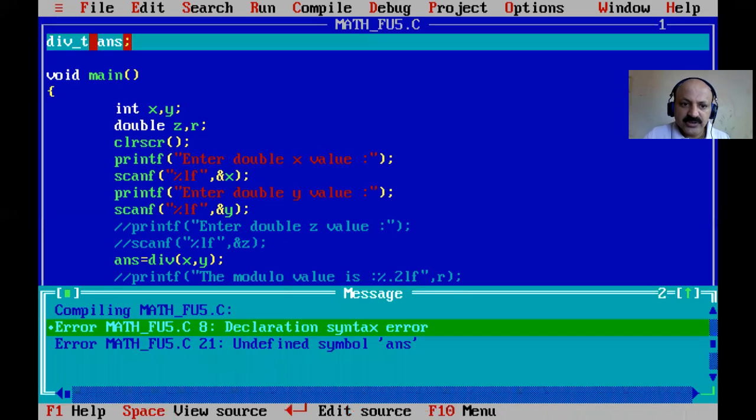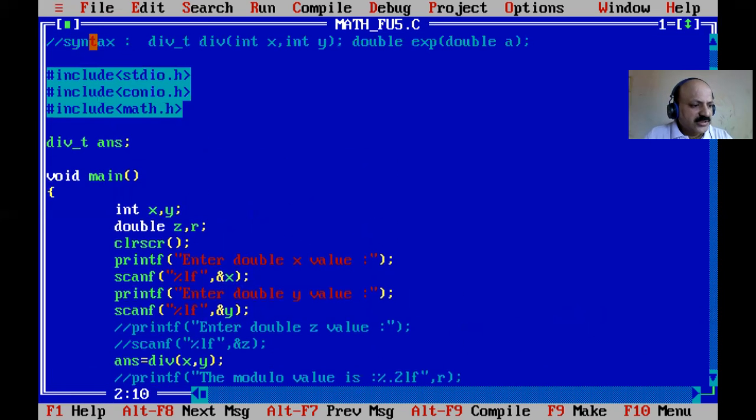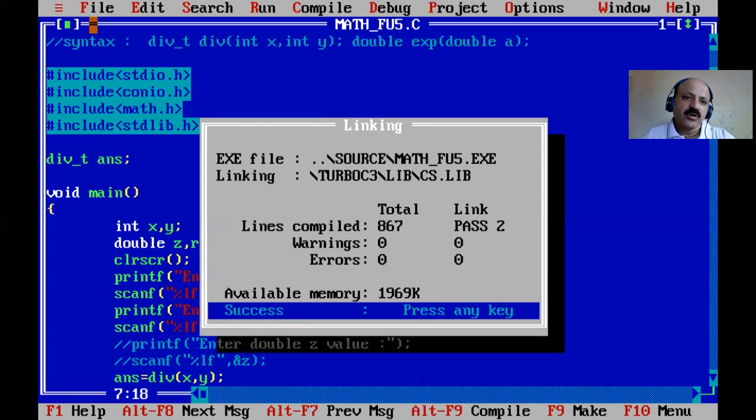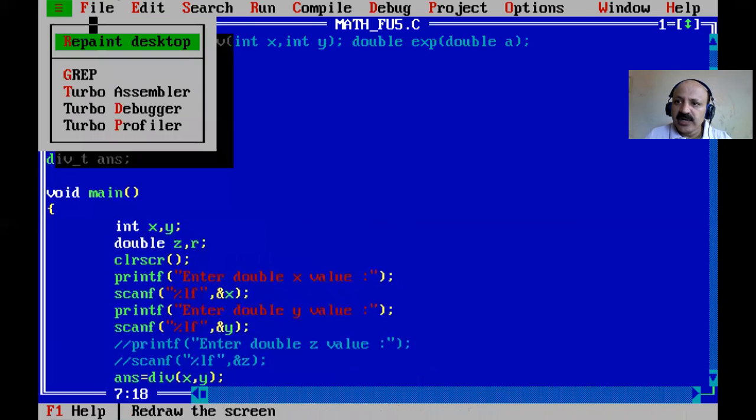Let us take the example 2 by 5. First, what happened is that the declaration should not happen here. Sometimes a library is needed, and you can take stdlib, the standard library. That way we do not get any error, because I see it in the help library.